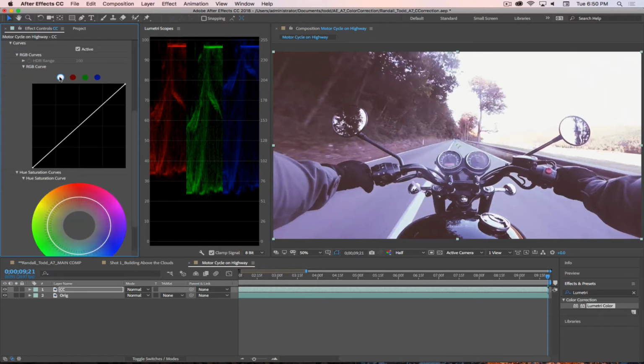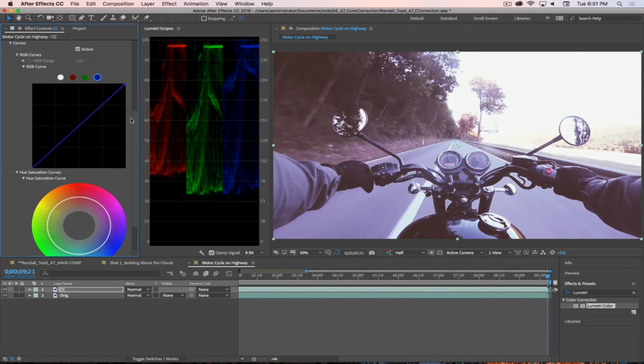You've got the curves tab, which is almost the same as what we were using before. You can see you've got red, green, and blue all to select from. Let's say we wanted to push the green up a little bit on this. We could go into the green curve and push that around a little bit to try to help balance it out. Yeah, that's a little bit better. Very, very subtle correction there. And I'm going to try that with the blue just a little bit to balance everything out on those highlights